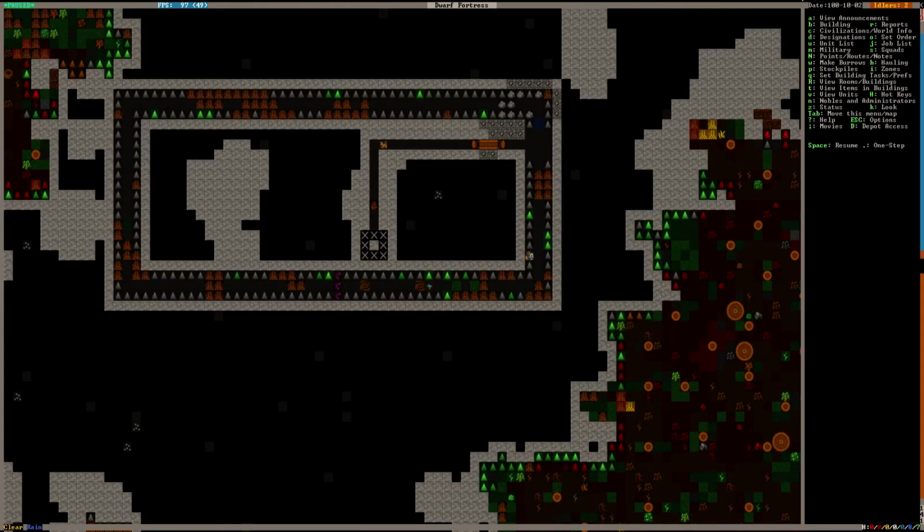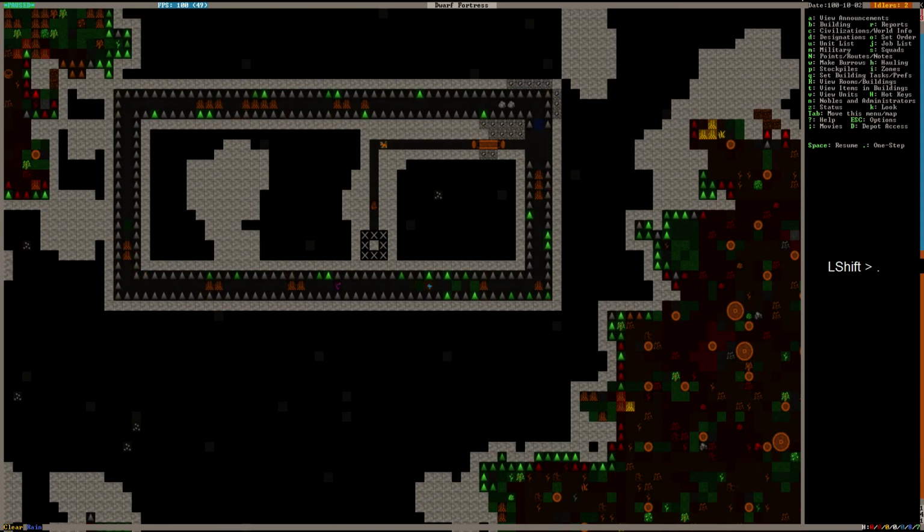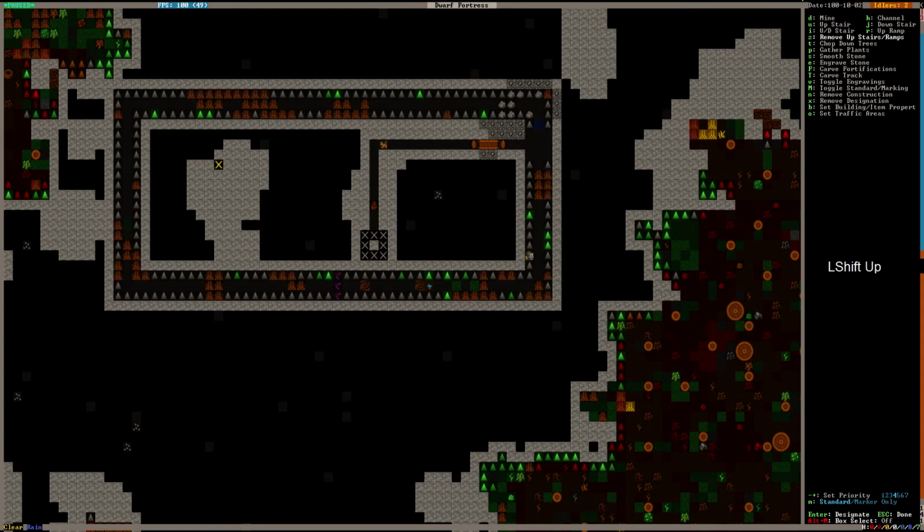So should we remove all these ramps? I don't know. For now, because before the bridge is done we cannot get over on the other side. But let's just remove most of them. So we remove everything to here and